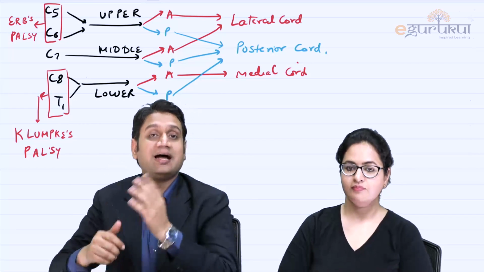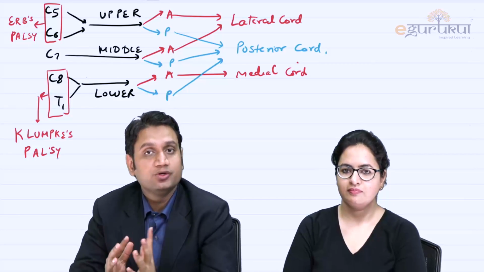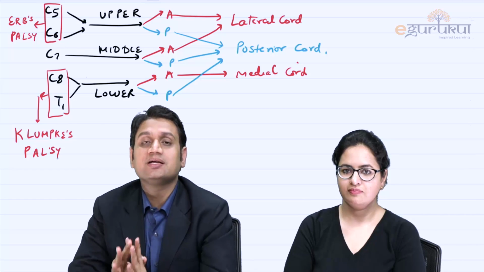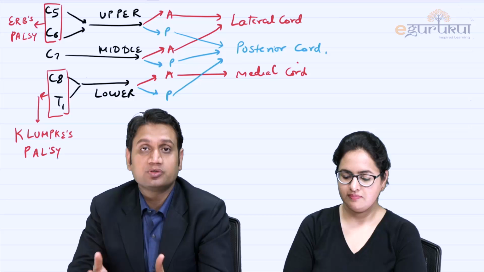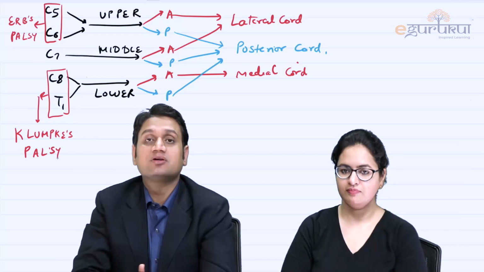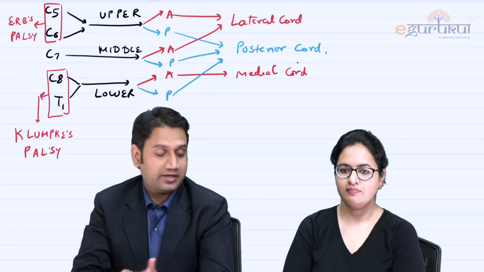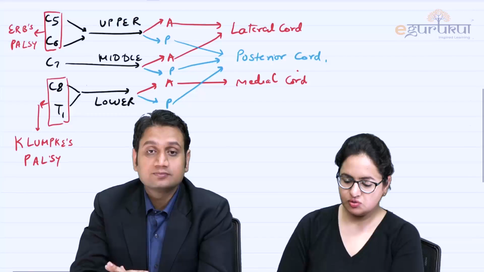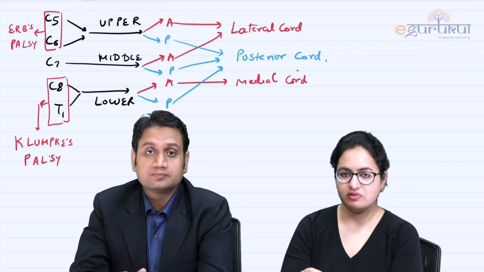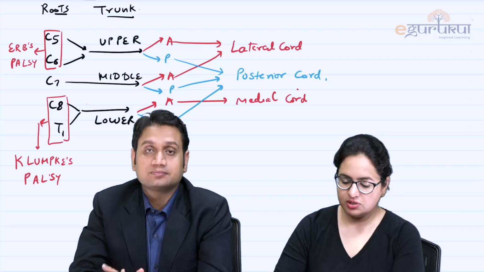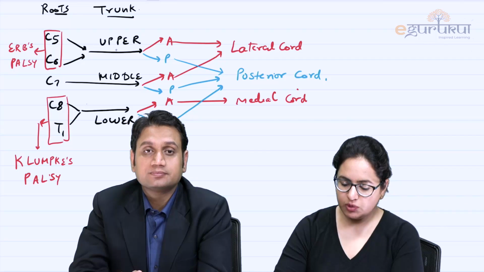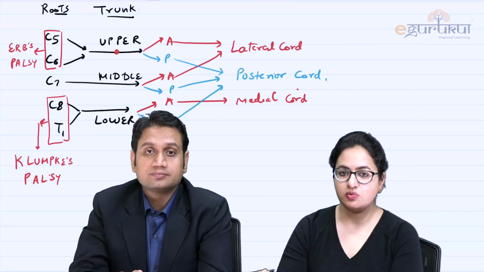So C5 and C6 injury, Erb's palsy, you all know, is the commonest injury related to faulty delivery technique, isn't it? That is what we learn, right? So that is the importance of learning the basic anatomy. Whenever the upper trunk is involved, we say C5, C6. At this point, we are talking about Erb's point. What is Erb's point? Erb's point is this point which is present over here.